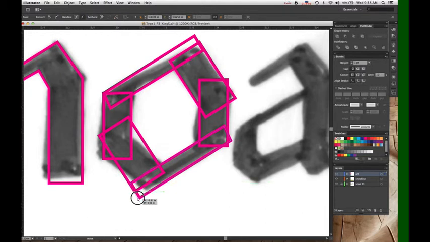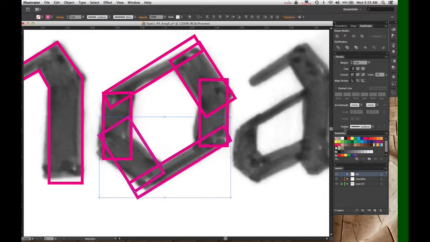I'm going to make this one line up, right? Now here's where the Pathfinder tool comes in. This is a shape, this is a shape, shape, shape, shape, shape. My O is made out of 6 shapes. I want to simplify that a little bit. I want to make this angle into one shape.